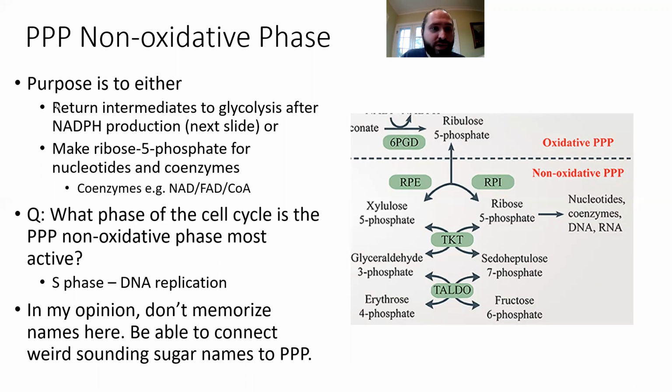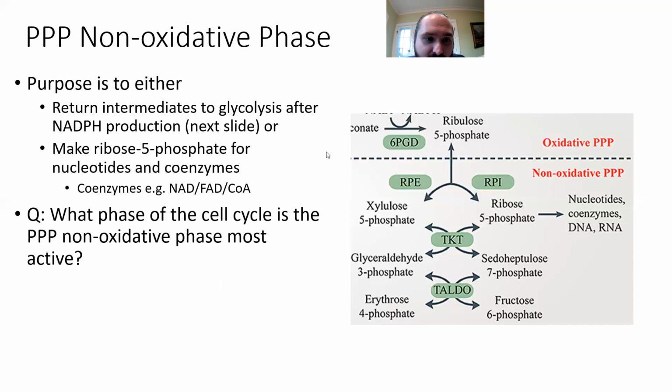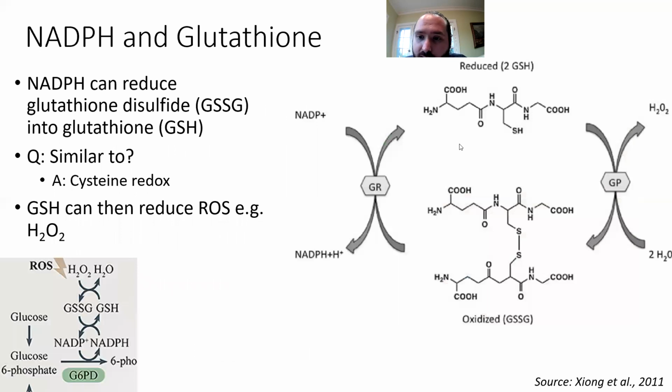Yeah. Person in the chat, Kiana says, sorry, can you go over why the GSH can reduce the reactive oxygen species on the last slide? Yeah. So this is a thiol functional group. This is what cysteine looks like when it's not in a disulfide. And imagine there's two equivalents here. So there's two glutathiones. We can take 2 hydrogens and 2 electrons, and we can send them to a peroxide,